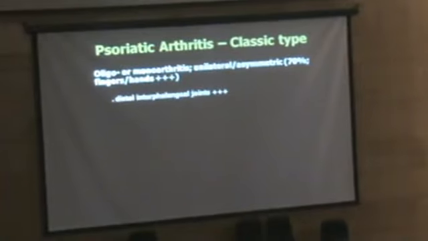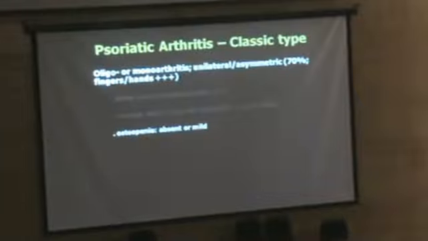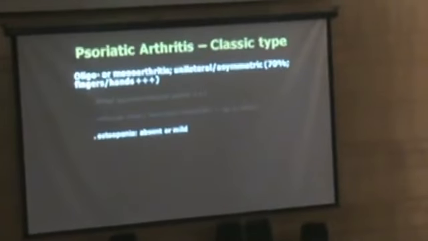So the distal interphalangeal joints are often involved. We have a very particular formal presentation with the sausage digit, actually corresponding to psoriatic dactylitis, and we will show you some examples. Osteopenia may be absent, or when it's present, it's very mild, and I'm telling you that to differentiate from rheumatoid